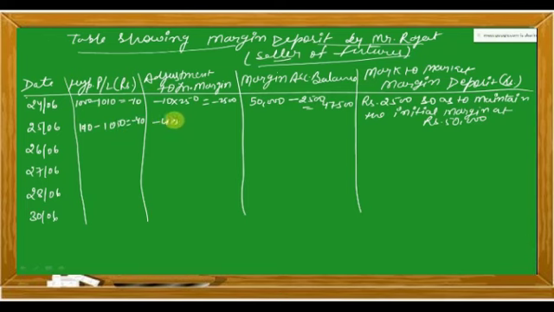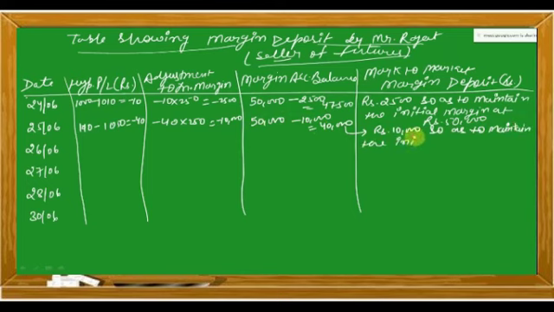So the adjustment is negative 40 multiplied by 250, which is negative 10,000. The margin account balance was maintained at 50,000, so 50,000 minus 10,000 is 40,000. Since it is less than 50,000, we have a requirement of rupees 10,000 so as to maintain the initial margin